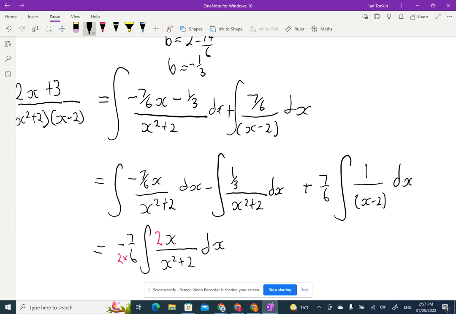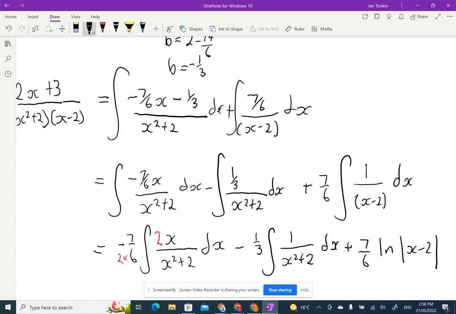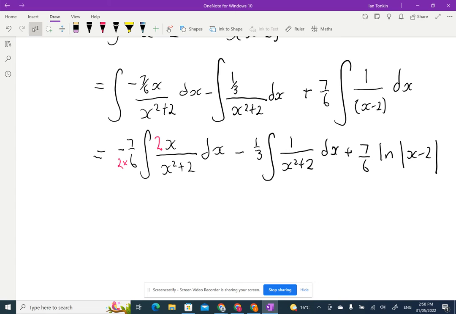All right. Now I'm just going to take a third out of this integration here. I'm going to get 1 on x squared plus 2, and you're going to recognise that from your standard integral sheet. And already over here, plus 7 on 6 ln x minus 2. Okay, we're almost done. Up here, I've got minus 7 on 12 ln x squared plus 2